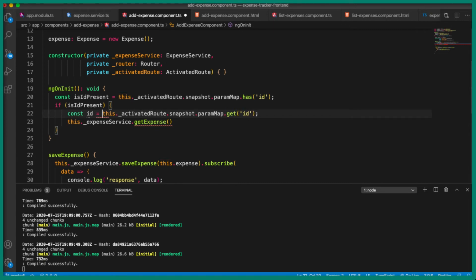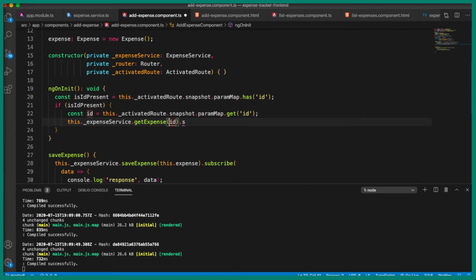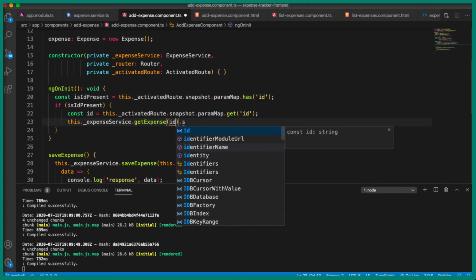Okay, so now we have the ID, and this ID we will be passing it to the get expense method, and we are going to, okay, this is actually this dot ID. Okay, this is ID itself.